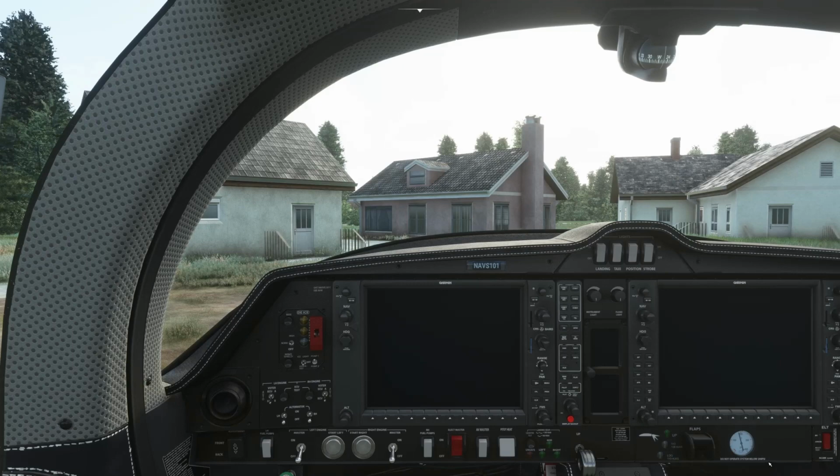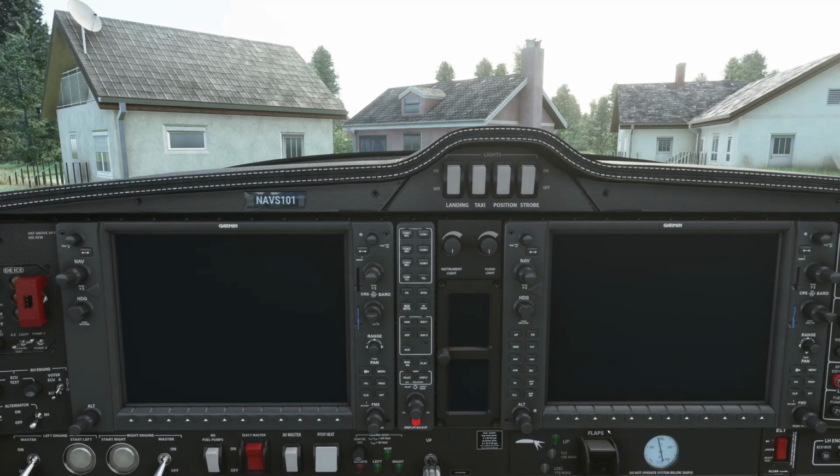So welcome to the cockpit of the DA62, and first off, just to say that this is the mod updated version to version 3.4. I will be working from this one, and if you want to actually update yours, then please do see the last video, which really helps you to install the latest update, so we all can be working from the same cockpit. All right, so right now what we have in front of us is the G1000.